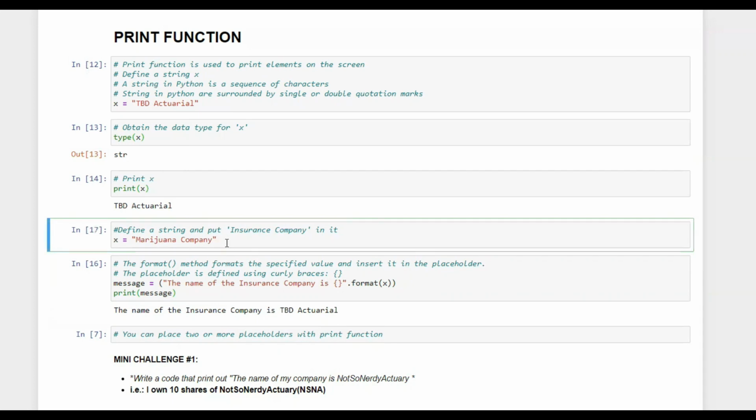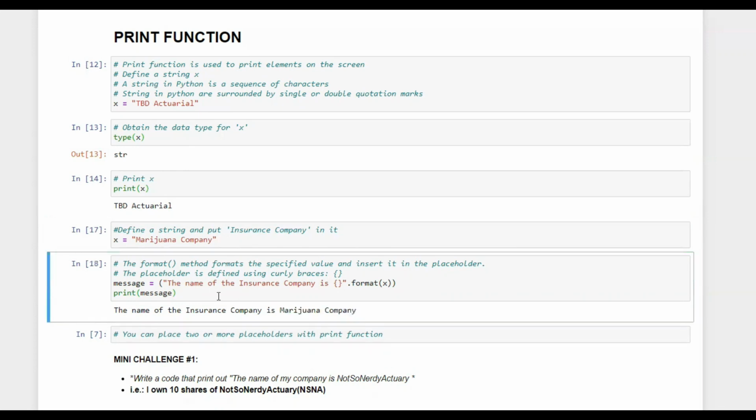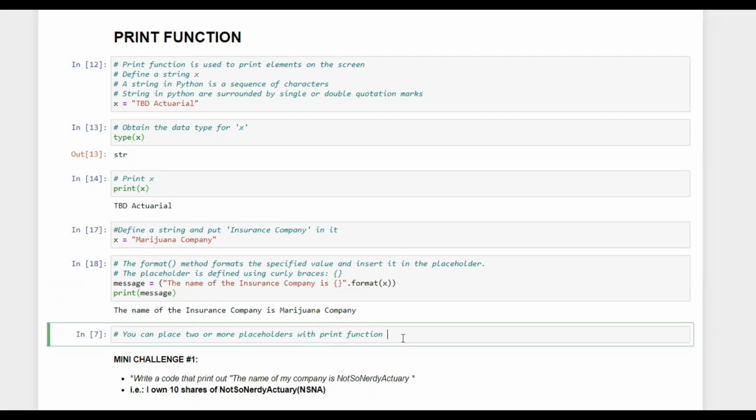Now when you run this command, it's input 17, and when you print the message, it will say the name of the insurance company is Marijuana Company. Basically, Python will pick up your latest variable definition and print it out. So if you have defined multiple variables, make sure the latest one is correct, and you can check that by this input number.